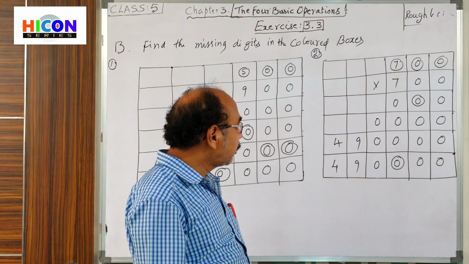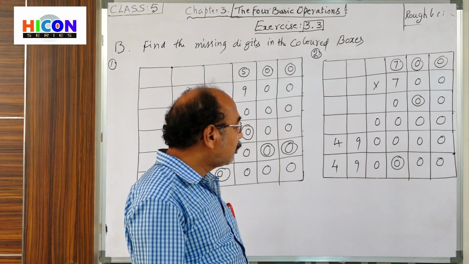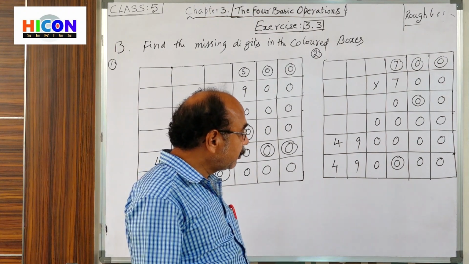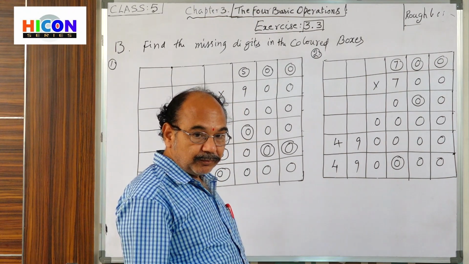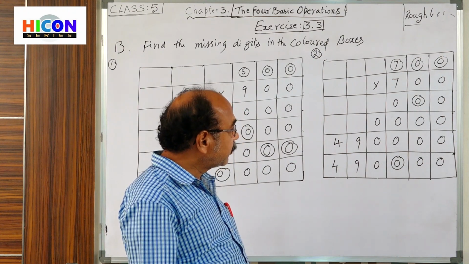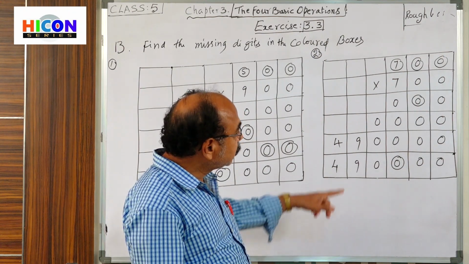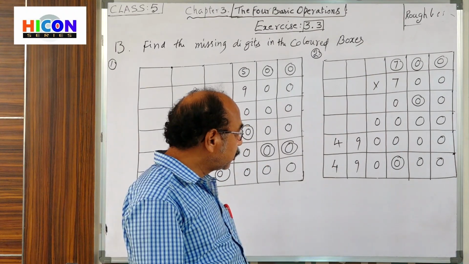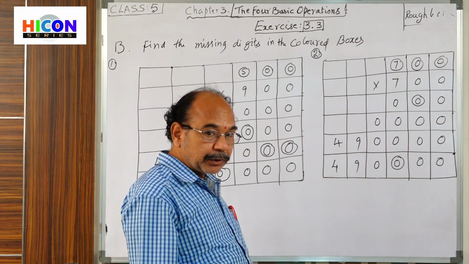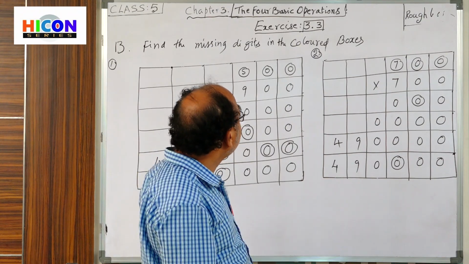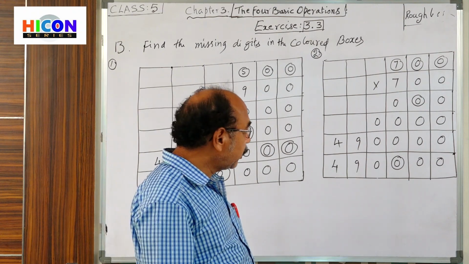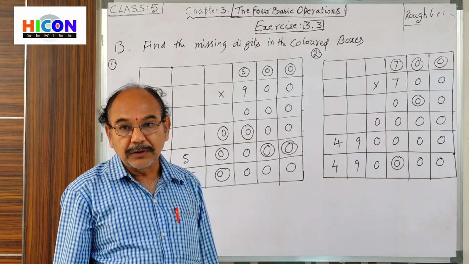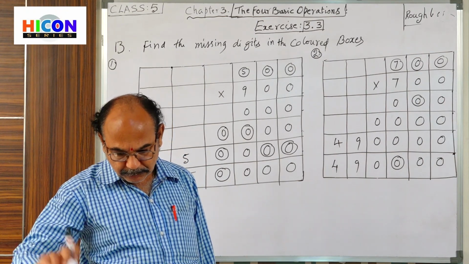So 700 into 700 means here 4 lakhs 90 thousand. Like this, just by observing the last row, we can get the remaining digits. And you see in which places are zeros, and some boxes are filled by numbers. What is the suitable digit we have to write in the given colored box? Like that. Okay, children?